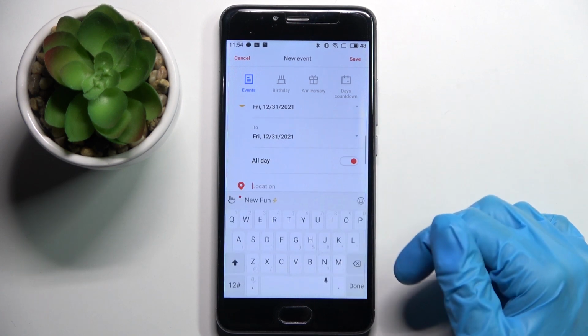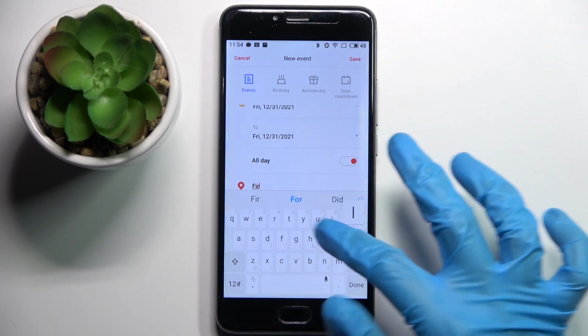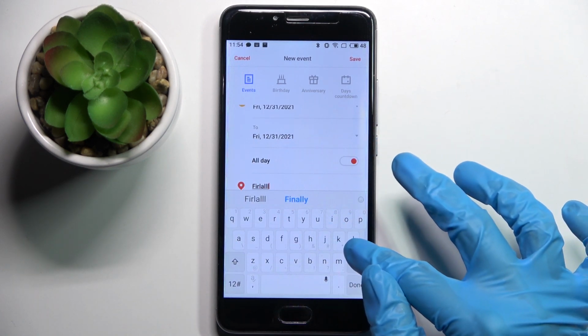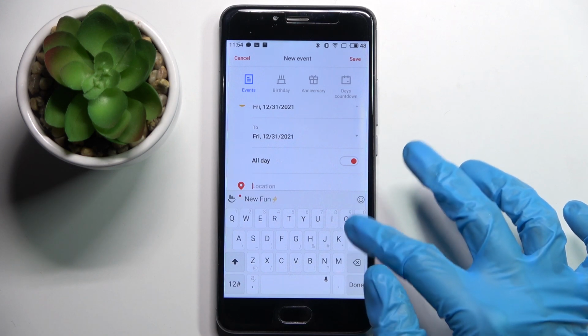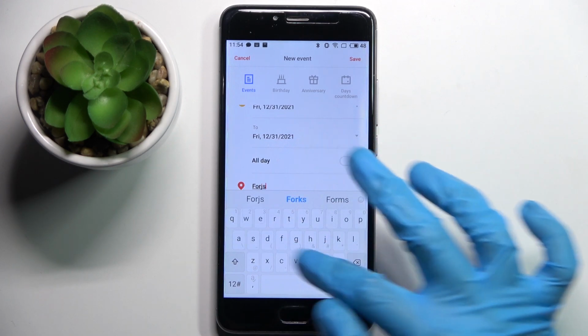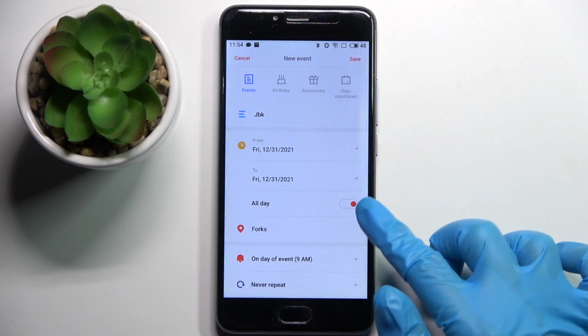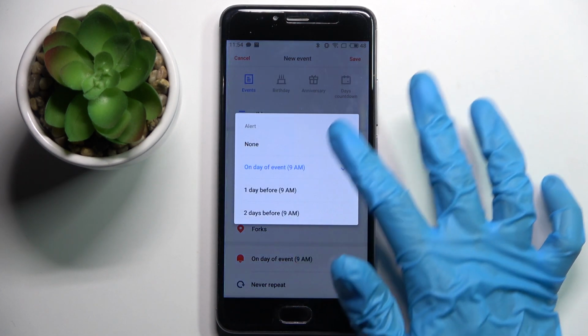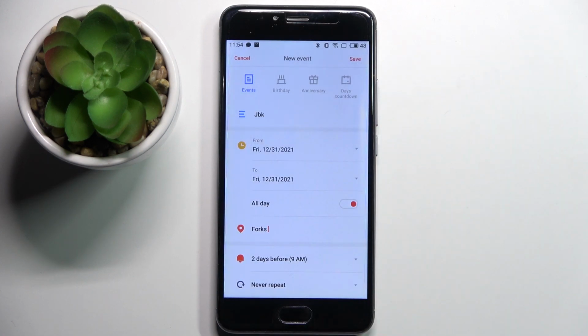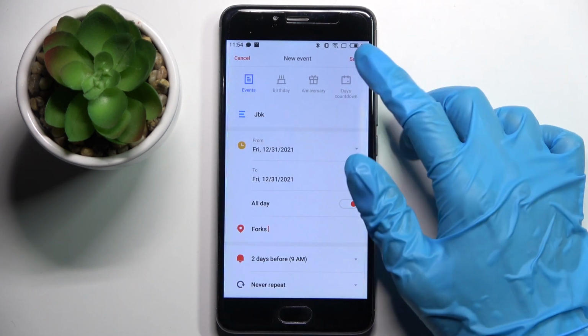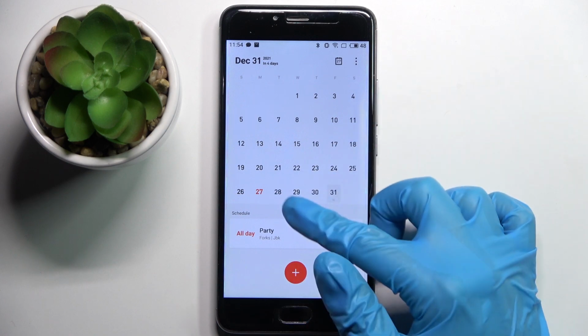You can also, for example, select location, tapping done, setting up notifications minutes, hours, or weeks before, and some other things. But when you're ready, remember to choose save at the top right corner, and as you can see, my event